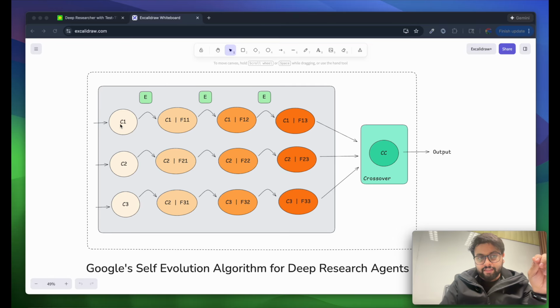What we have initially is 3 candidates. So you can think of this as 3 candidates or 3 agents whose task is to perform a research on a particular topic. So what happens is that a single topic is given to these 3 candidates. So the topic is the same, which is provided to these 3 candidates. The difference is